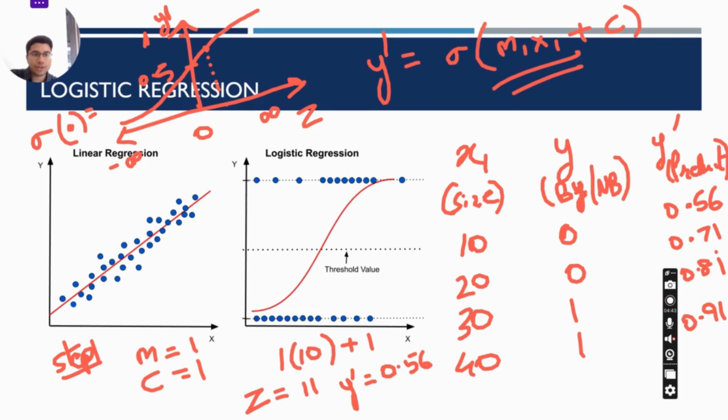So we have got the predictions and we have the actual values. Actual values are 0 and 1, but predictions are like this. There is a difference, and that difference is called the error. So how is the error calculated in logistic regression? We will